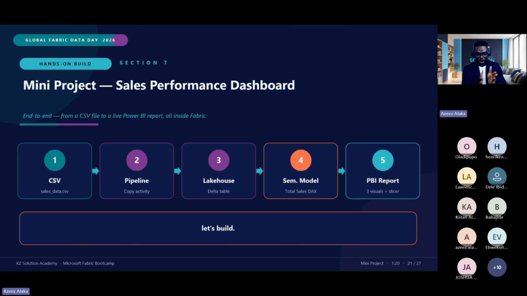All right, so this is the workflow. We are going to be extracting the CSV file. We have the CSV file. As I said earlier, I'm going to be providing the dataset for you as well, for those that registered. If you did not register, make sure you register so that you are able to get all of this in one file so that you can practice.